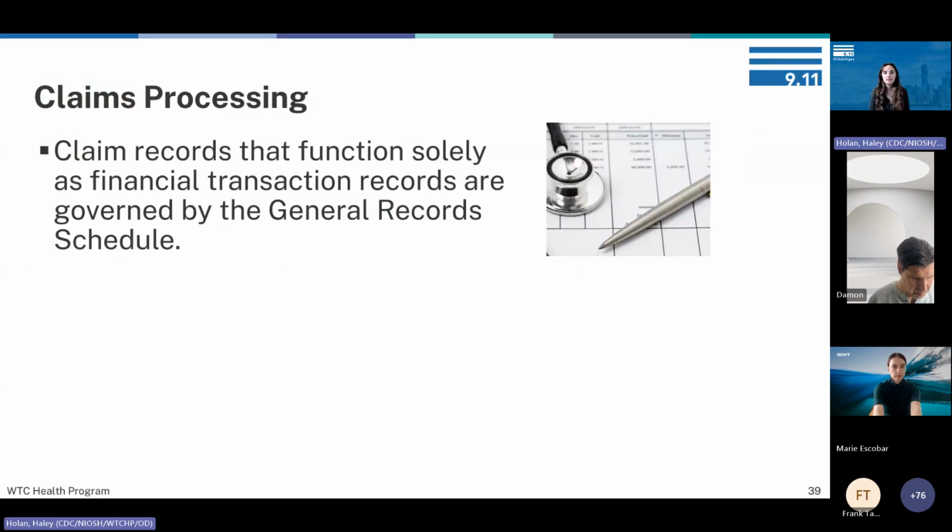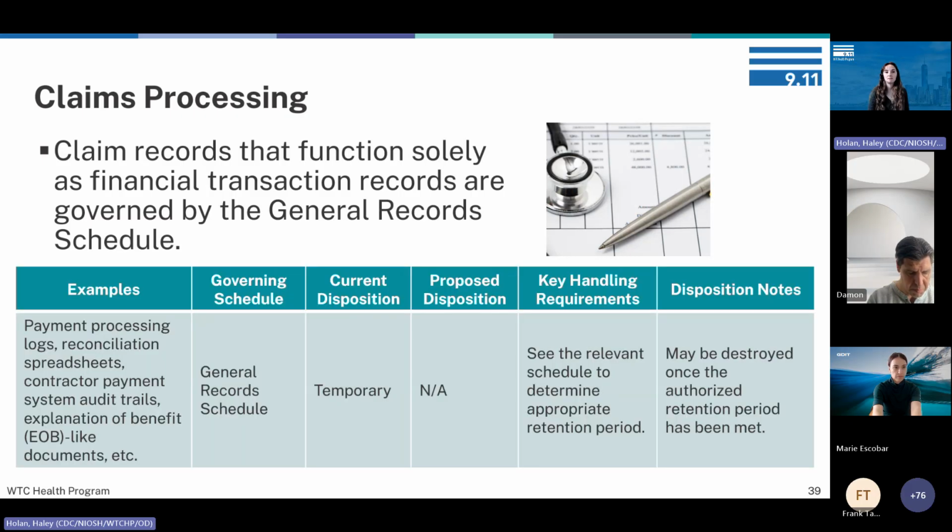Claims processing records. So these claim records that function solely as financial transaction records are governed by the General Record Schedule. So this might include things like payment processing logs, reconciliation spreadsheets, contractor payment system audit trails, and explanation of benefit-like documents. So this is governed by the General Record Schedule, and the disposition on these is temporary. It's really important to go to the General Record Schedule and look at the relevant schedule to determine the appropriate retention period depending on the type of document,